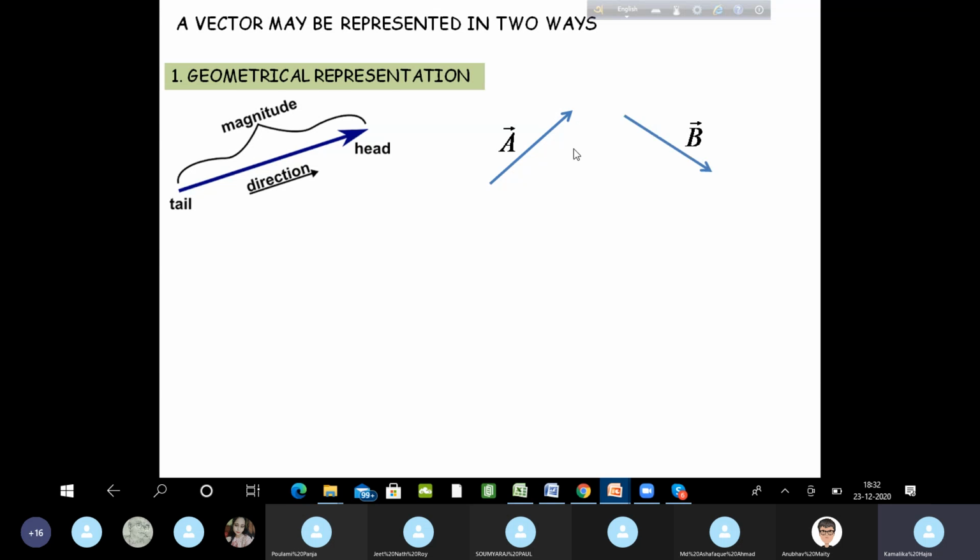And you have another vector B. As you can see, B points in a different direction and has a different magnitude. And then someone asks you what